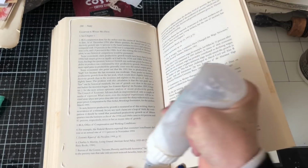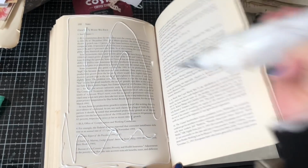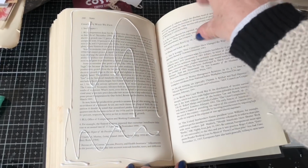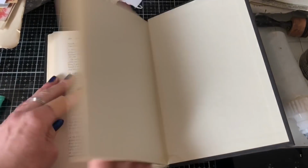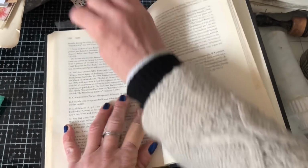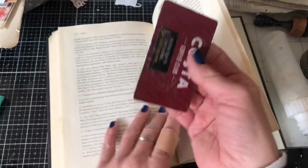You could use, if you have a reliable glue stick that you get on with, a glue stick. Just whichever glue you get on with best is absolutely fine. I mean, double-sided tape, to be honest, works wonders too. So however you find the easiest to do. I'm just going to spread it out with my glue spreader. Again, no special tools required. My glue spreader is just my